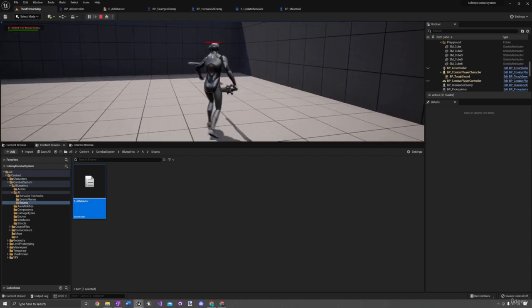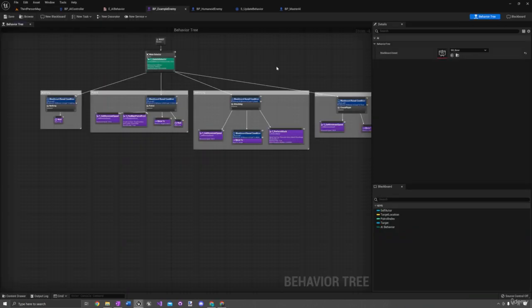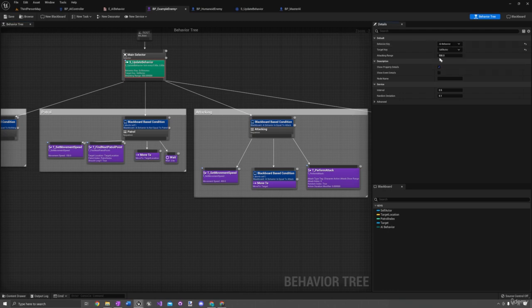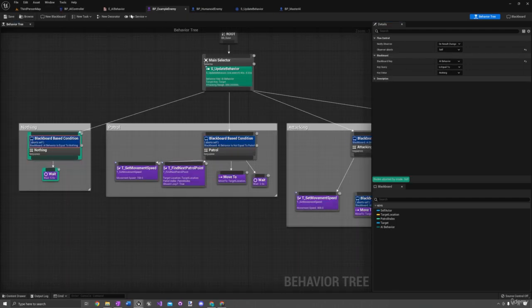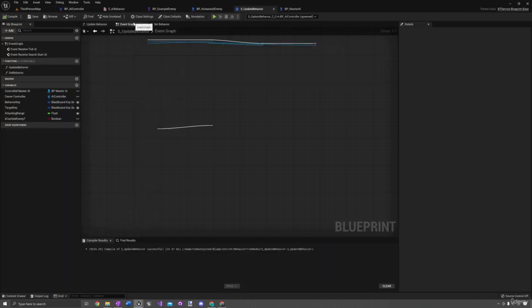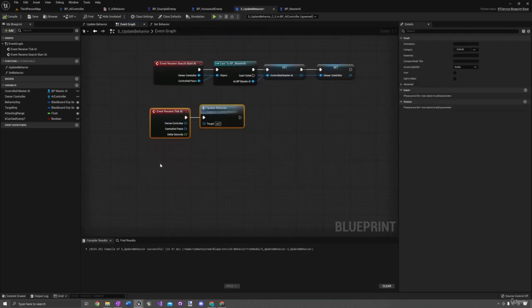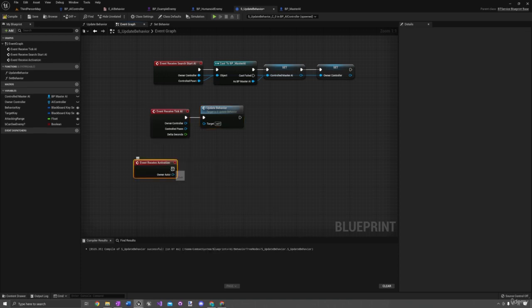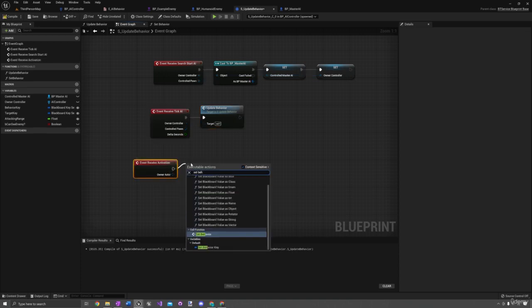So it seems as if we are having some problems. I think I know what the issue is. We did not update the values in our service. So the behavior key should be the AI behavior. The target key should be target. Okay, let's try something different. Okay, so let's go here and let's add an event. Event receive activation. Here, let's set behavior